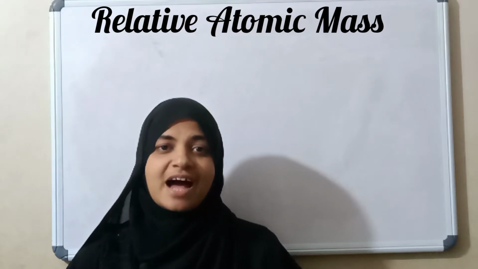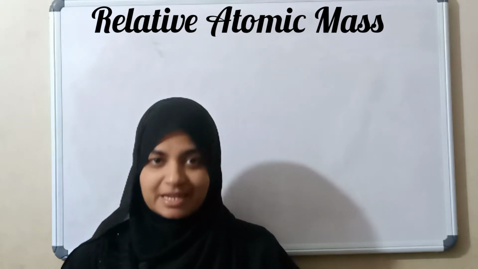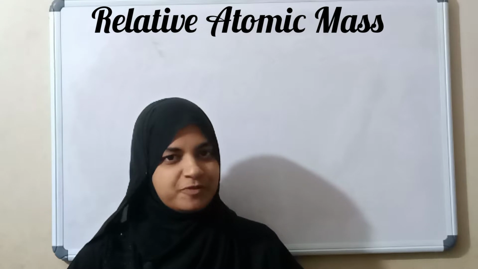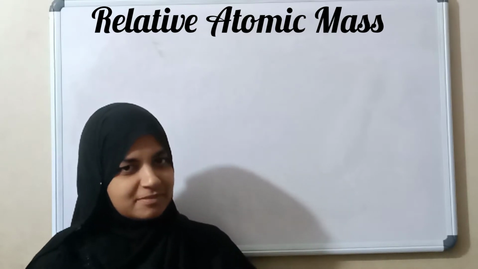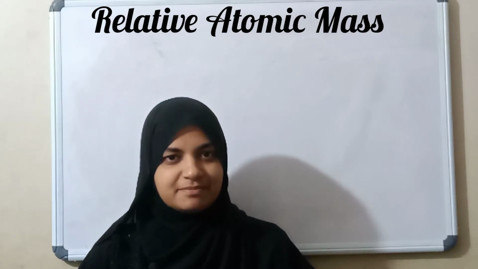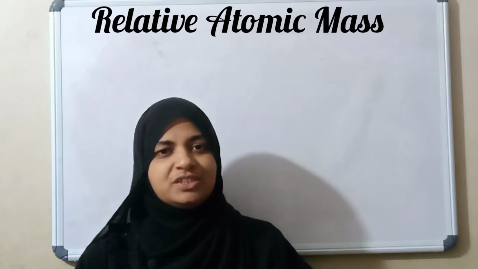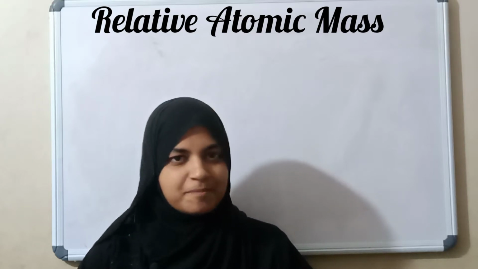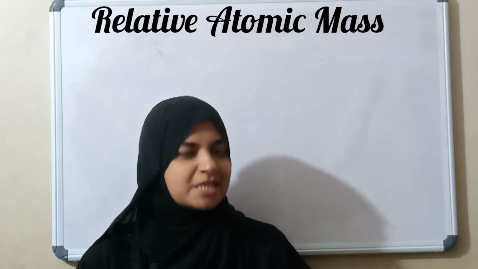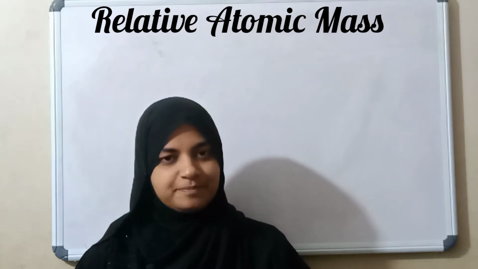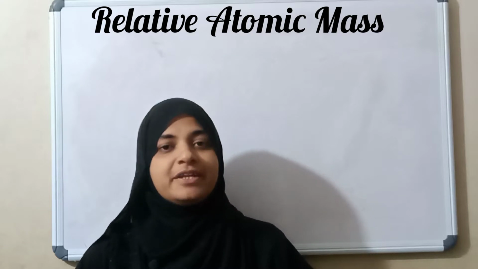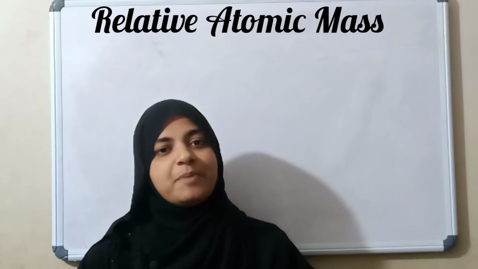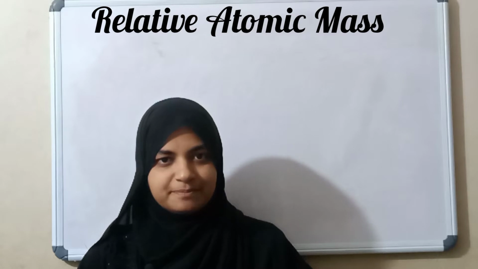We know what is an atom. That is, matter is made up of many minute particles which are known as atoms. We can't see these atoms with our naked eyes. However, each atom has a definite atomic mass. Atomic mass means mass of an atom. By modern techniques, we can find out the actual atomic mass of each atom.